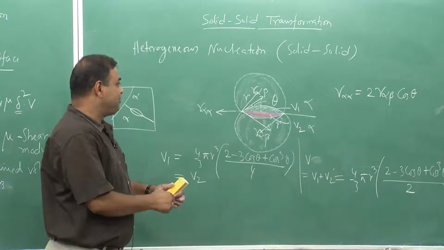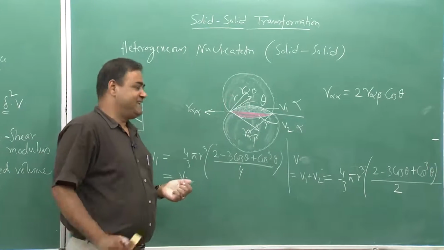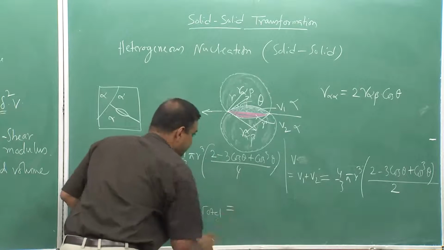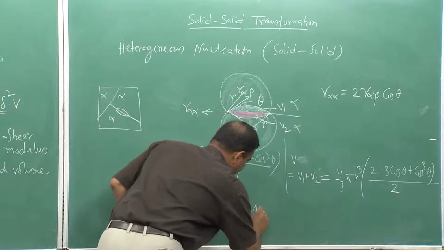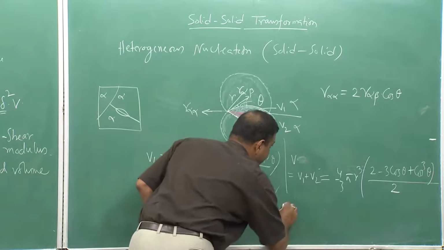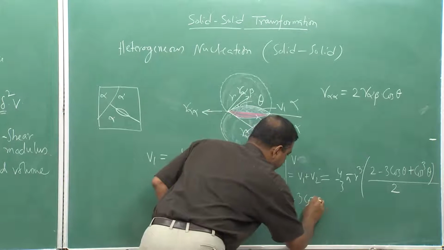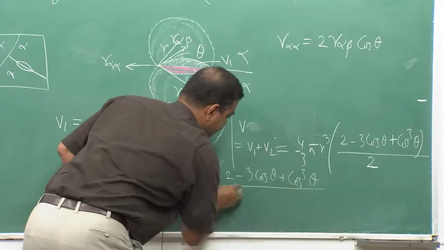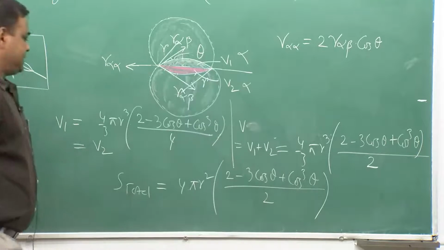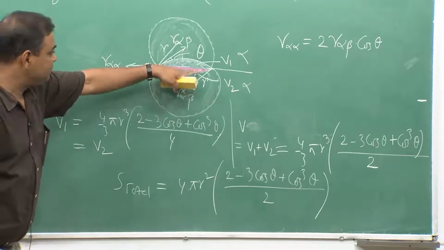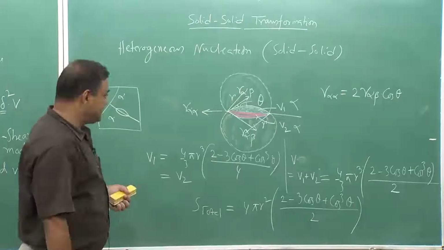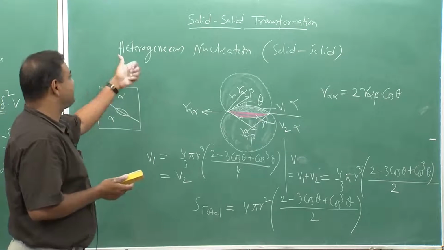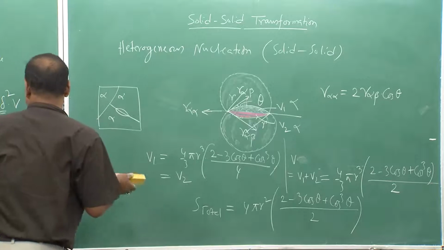Now, if we try to find out the total surface area, it would be the total, that is S1 plus S2. Now, interestingly, if I do the same treatment the way we have done for heterogeneous nucleation, the expression would be